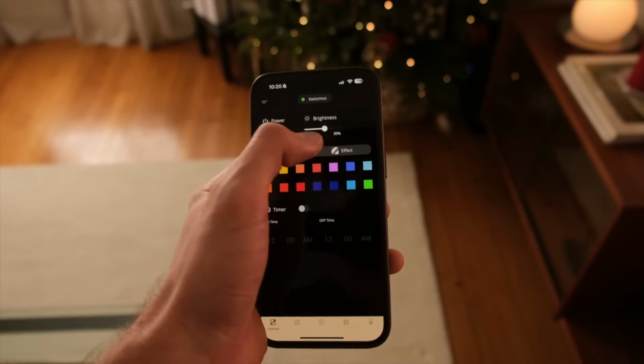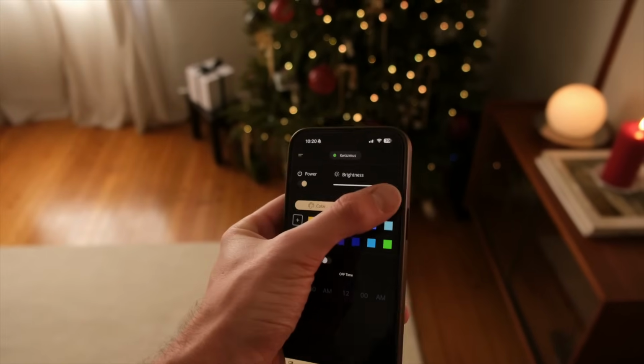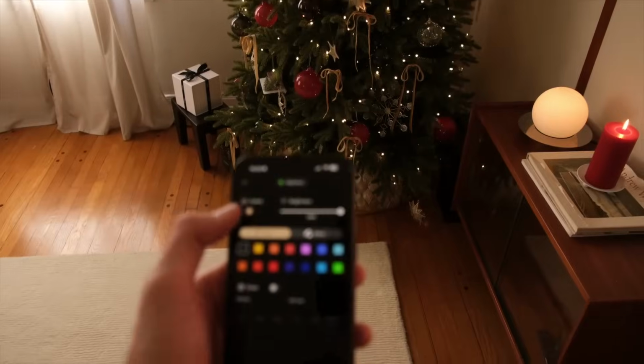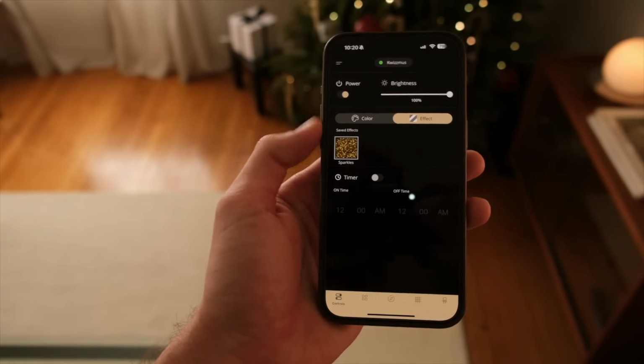One second, let me grab my phone, I'm gonna show you. So here is the app. As you can see, my tree is at the current brightness it is, but I can just go here and turn it up. My tree just got a little bit brighter. I can turn it off. And then there are different effects too. This is one that I have that's called